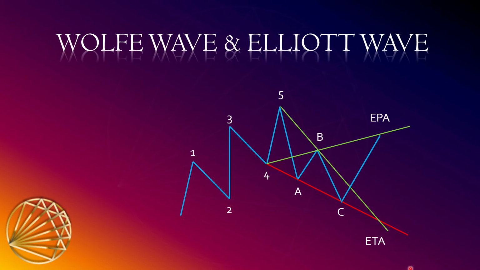Now, if you're an Elliott wave guy, you've probably noticed, wow, this is kind of looking like Elliott wave here. 1, 2, 3, 4, 5, and a wave 4 here. And then we got this ABC correction. Yes, this is one of the first things that got my attention too, is the relationship that this has with